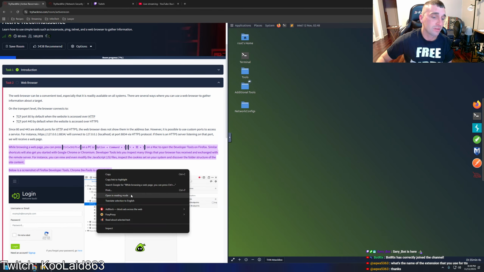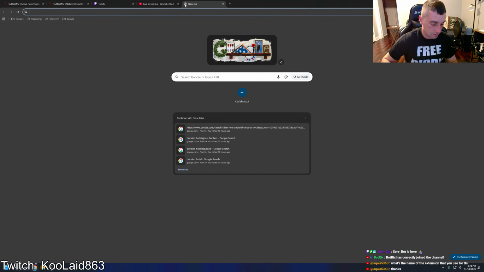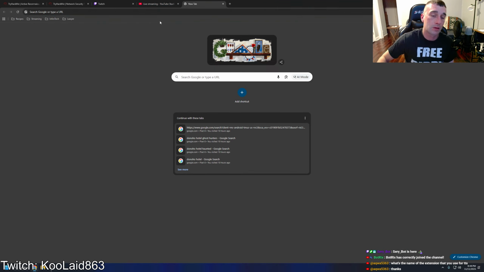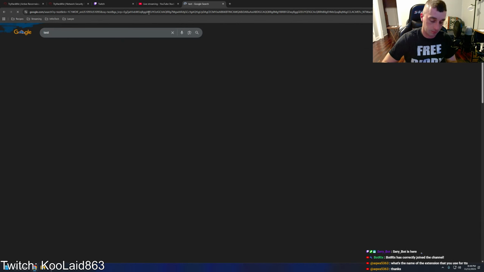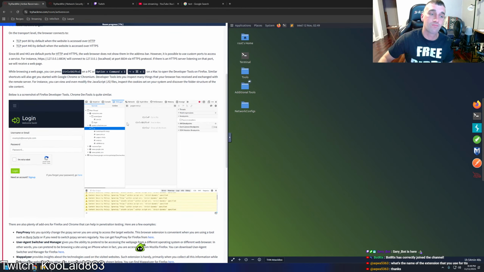While browsing a web page, you can press Ctrl plus Shift plus I on a PC or Option plus Command plus I on a Mac to open the developer tools on Firefox. Similar shortcuts will also get